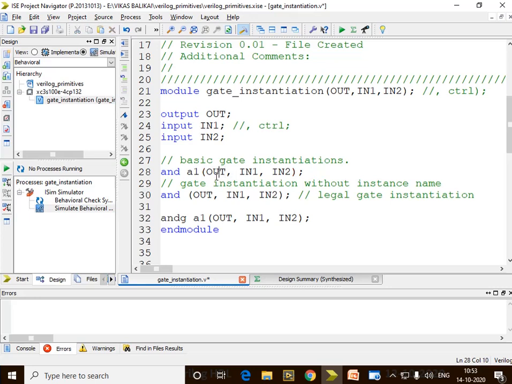But just remember, the ordering of the terminals inside a predefined gate will be output first and input next, and that's the reason we try to follow the same ordering even in the user defined gates. For example, this is my user defined gate. Here also I try to follow output first, input next.